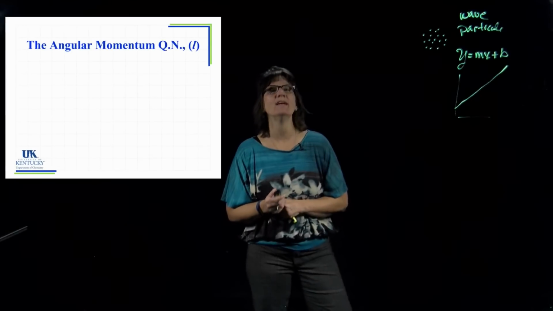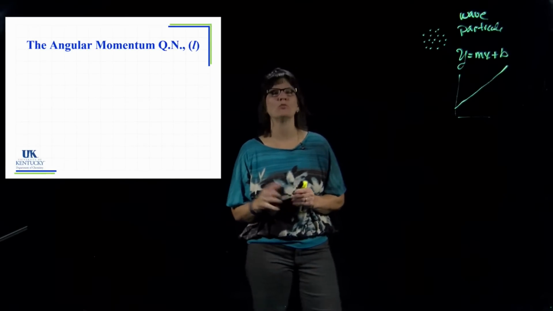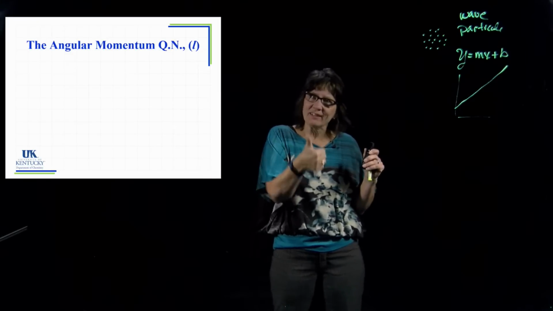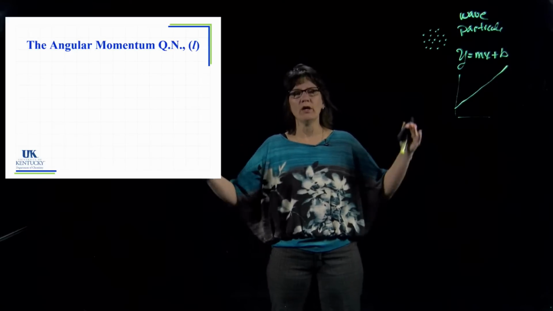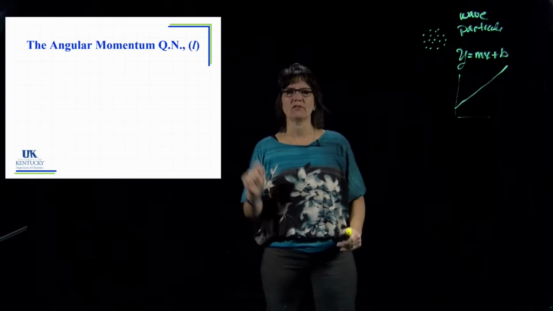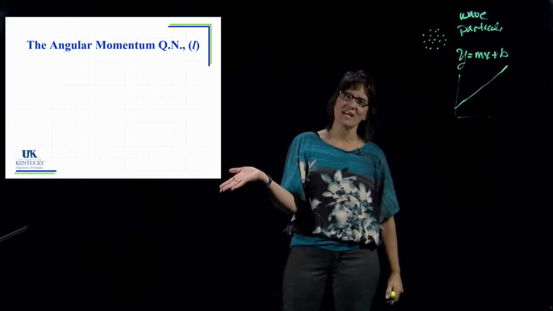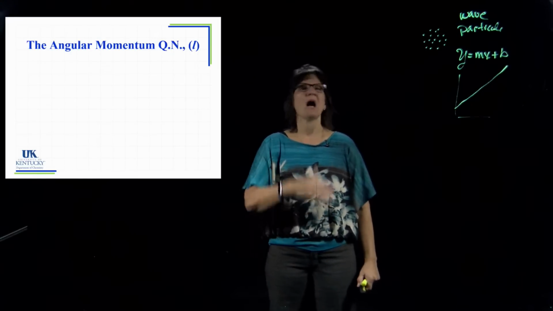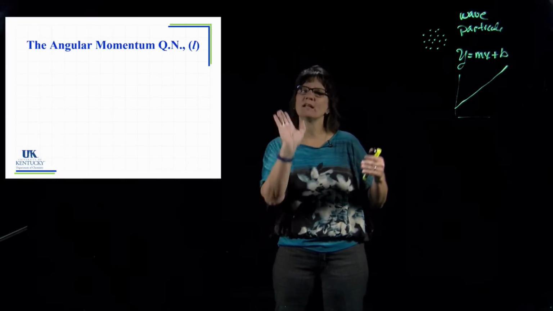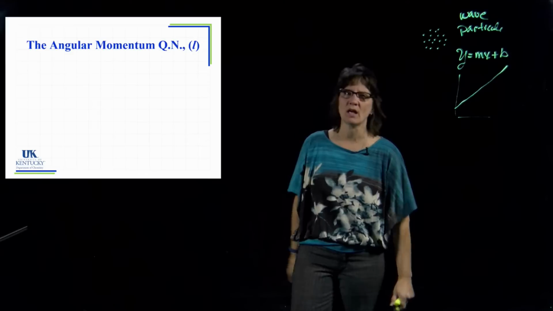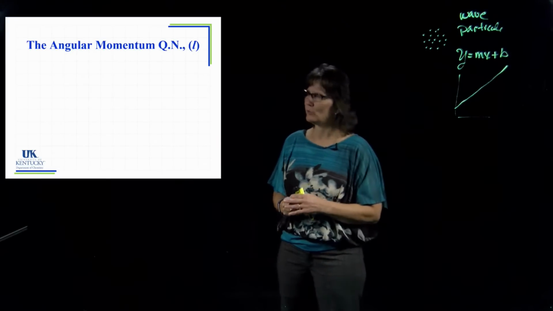The next value is L. L is the angular momentum quantum number. So we're tagging these electrons with where the electron lives. The first one is telling me the N, where it is in general from the nucleus. The second one is like saying, okay, yeah, I am at the University of Kentucky. What dorm do you live in? I live in Woodland Glen 4. So you've kind of narrowed it in a little bit more and telling a little bit more information. That's what this number does, is it narrows in a little bit more about that electron of where it lives.